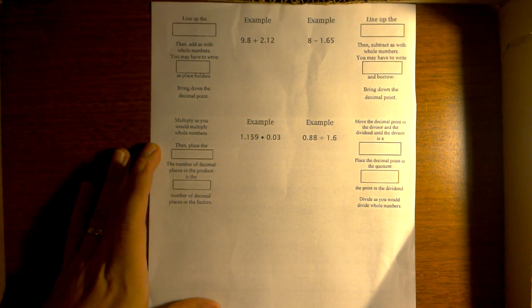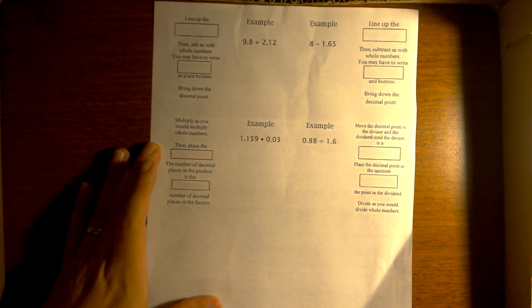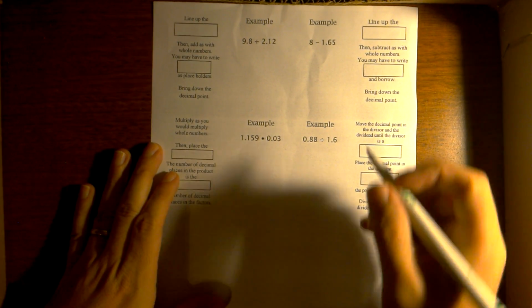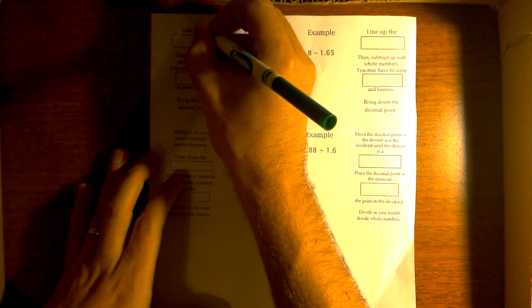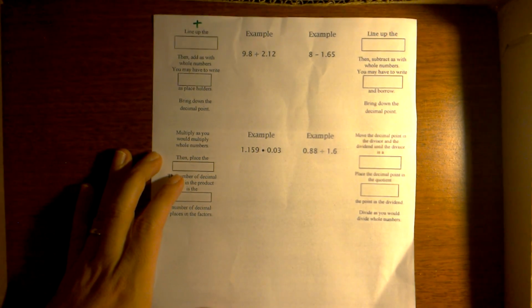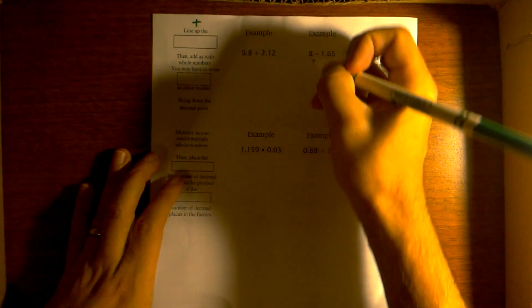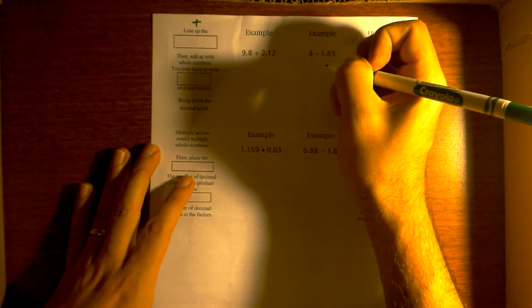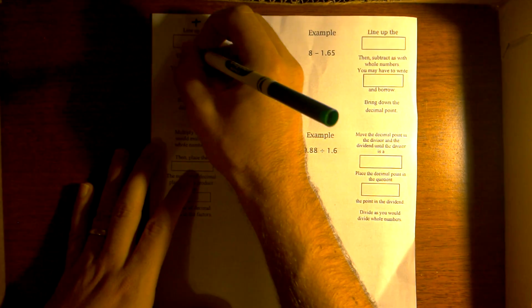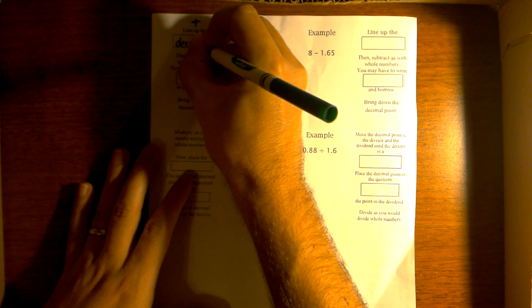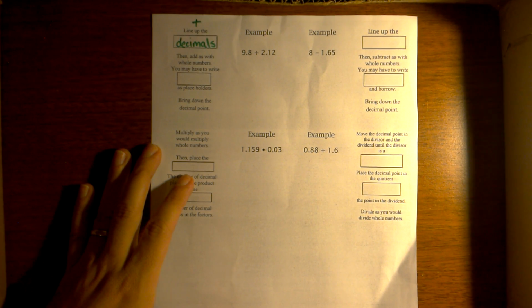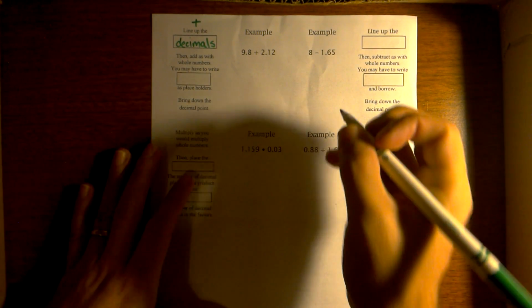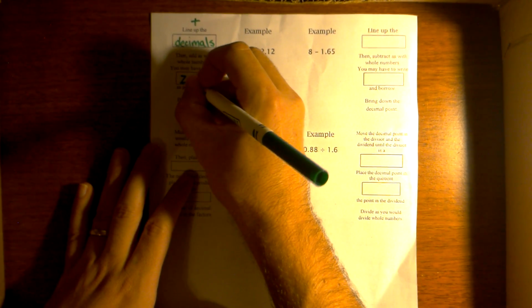Now, most of these boxes you can probably fill in yourself, but we're going to make some additional notes with them. The first one is talking about adding decimals. So let's put a big plus above that so we know it's adding. You know that when we're adding decimals, we have to line up the decimals. Please feel free to pause this at any time. Then add as with whole numbers, and you may have to write zeros